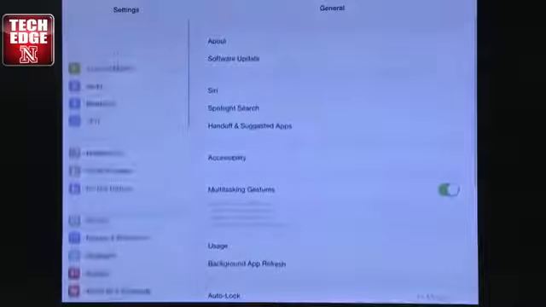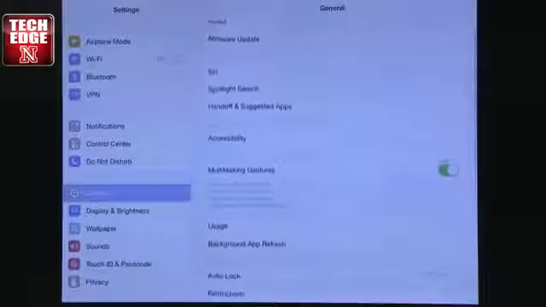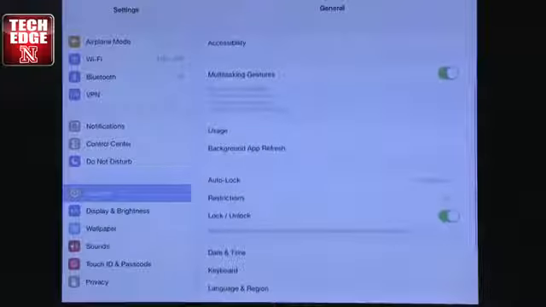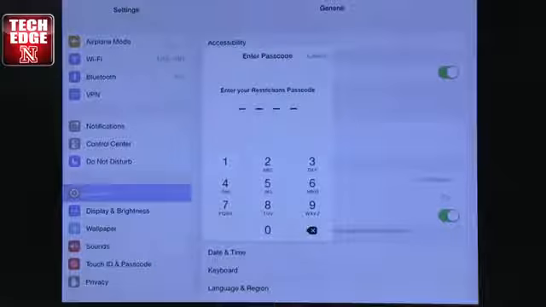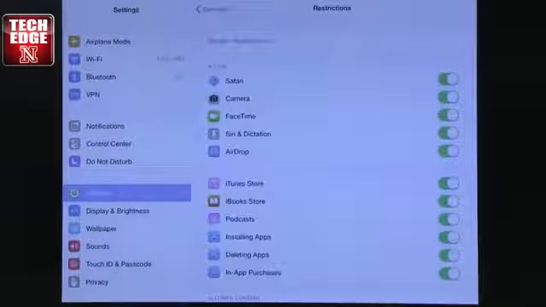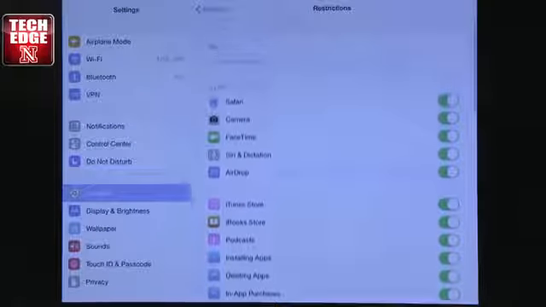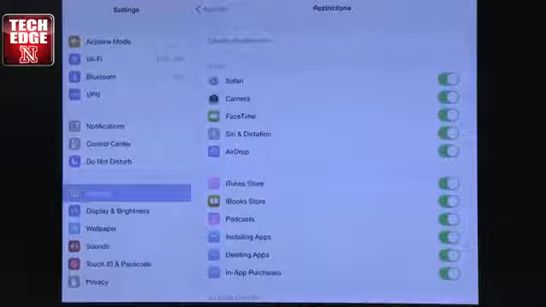So let's start. If you go into Settings and you go into General, and the word you're looking for is Restrictions. Because when you go into restrictions, it'll ask you to enter a passcode. If you don't have a passcode, it'll ask you to create one. So you're creating one,